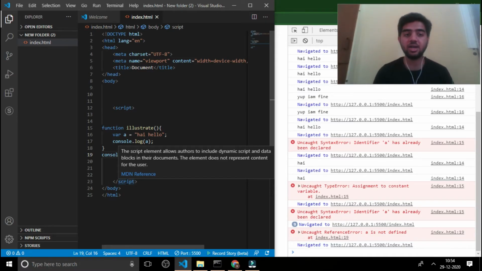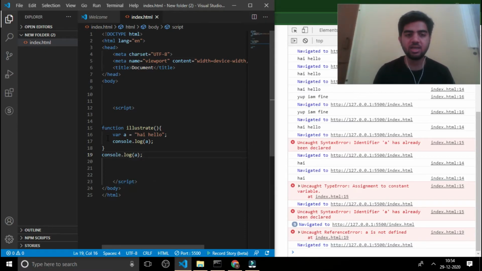It literally means that a variable which is declared inside a function is accessible only inside the function, which means a variable declared locally is only accessible locally. If you declare it globally, it's accessible globally. Let's check that.